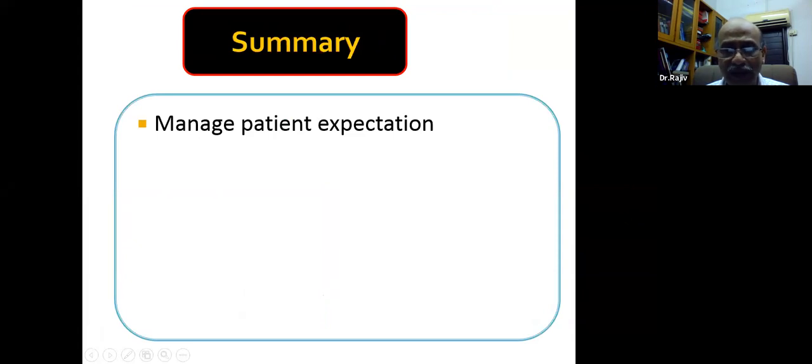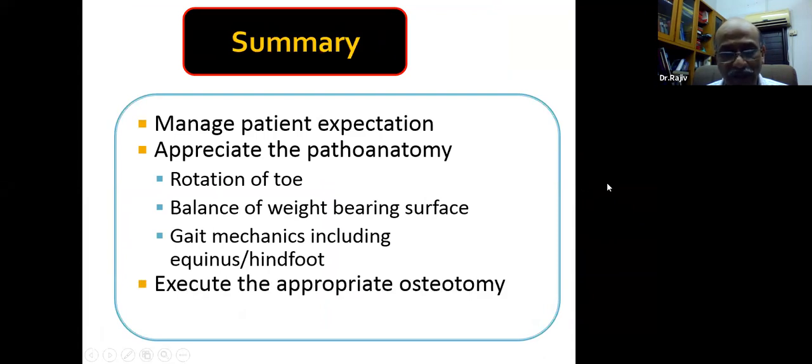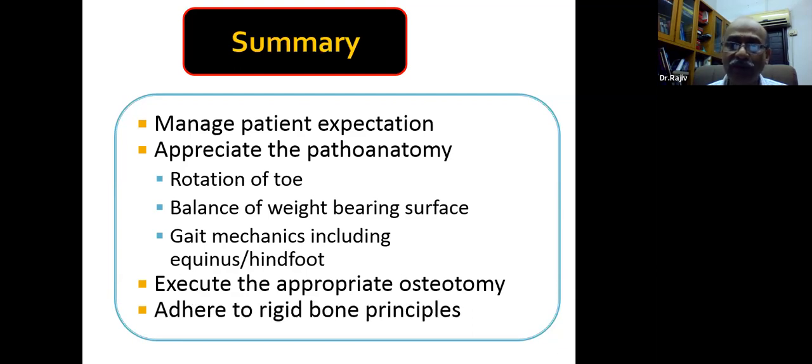So to summarize, hallux valgus deformity has multiple surgical options. You need to learn whether the deformity is mild, moderate, or severe, and accordingly you have to do your procedure. Most often than not, you would be doing a lateral release, medial plication, and osteotomy. Osteotomy would be Chevron's osteotomy when you have a mild deformity, scarf osteotomy for moderate to severe deformity. For arthritis, you would need arthrodesis of the proximal or distal joint.